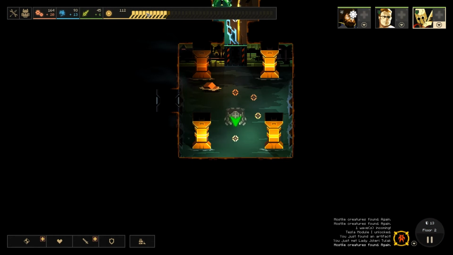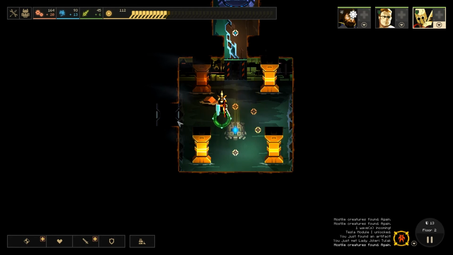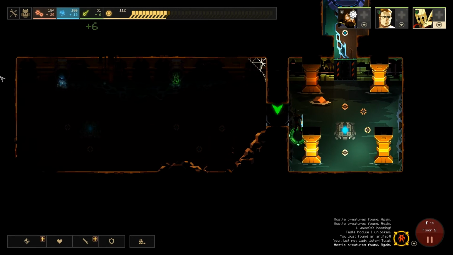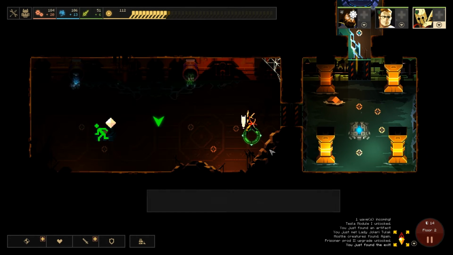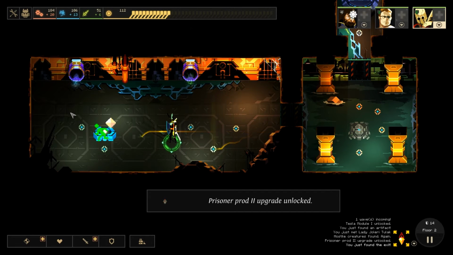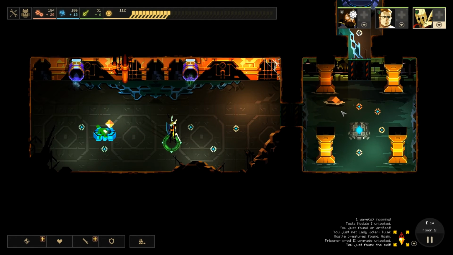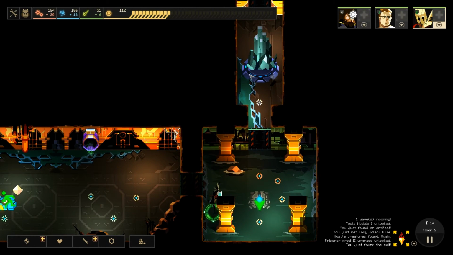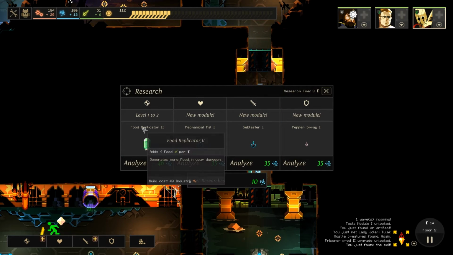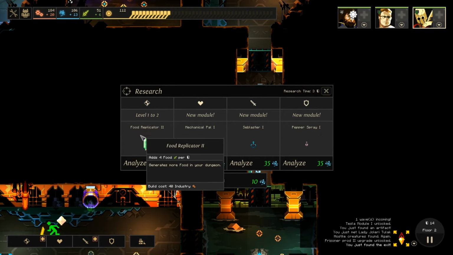I can power up this room, and I actually got enough dust from killing them that I can move on to the room over here as well, so let's do that. And here's our exit. So when I'm ready to leave the dungeon, here's the way out. And I just did some more research, so let's do a little bit more research after that. And there's my food replicator, so we're going to get this. But before I click on this,